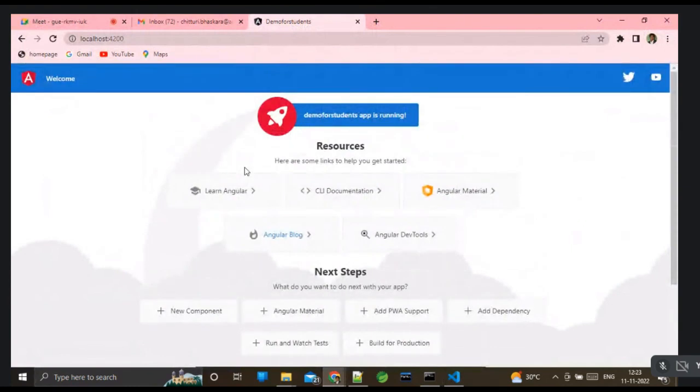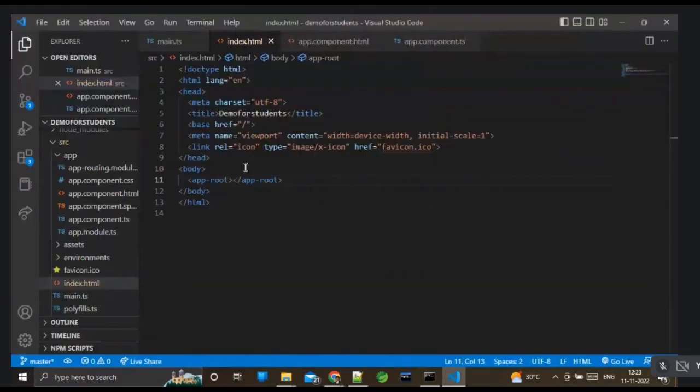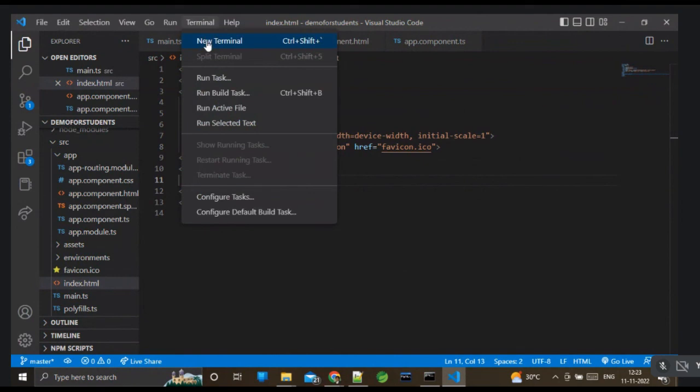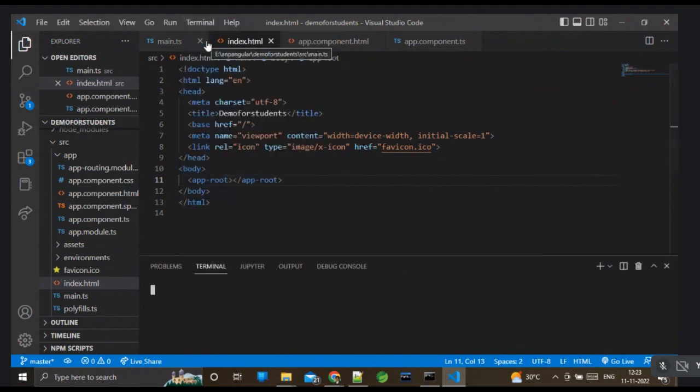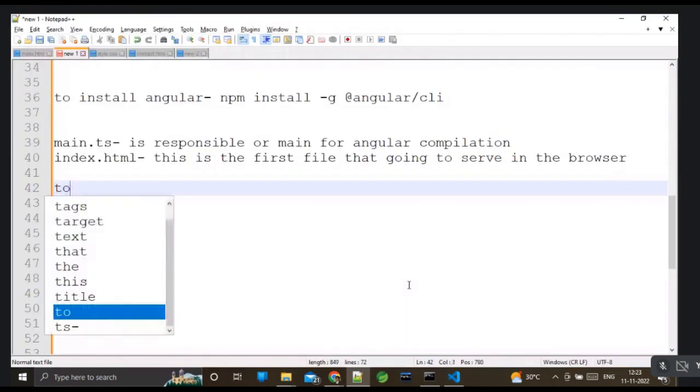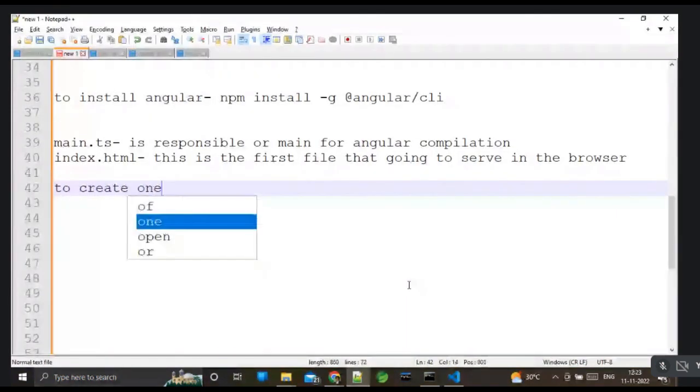Now I don't want to load the app component. I want to load some new component in the index.html. How to do that? Let's create a new component in Angular. Click on the terminal, open a new terminal. To create one new component,